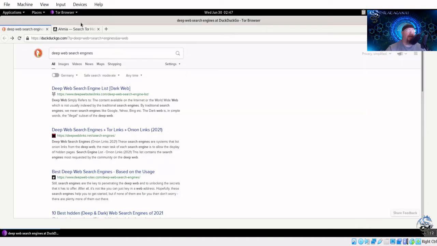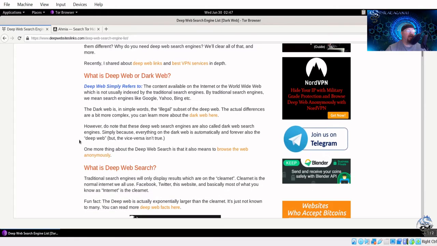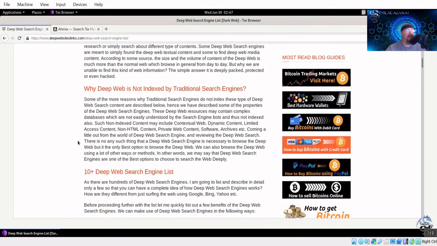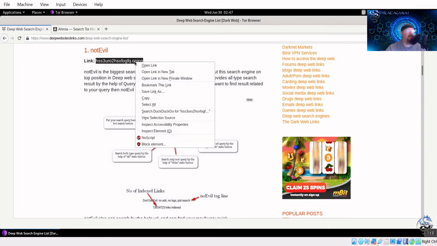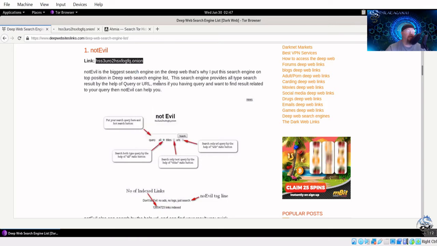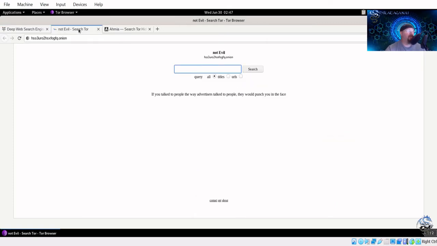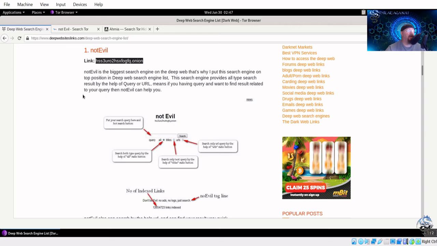But how I got to that information is I would go to, let's just pick one here at random. We'll pick this first link. And as you go down through it, you'll notice there are a few different ones that they give you. On this one, Not Evil is one. Now, you could essentially try to go to it, so I'll try to open this link in a new tab. More than likely, it's not going to open because a large majority of these do not. Oh, wow, that actually worked right off the bat. Incredible. Didn't realize that. So there we go.